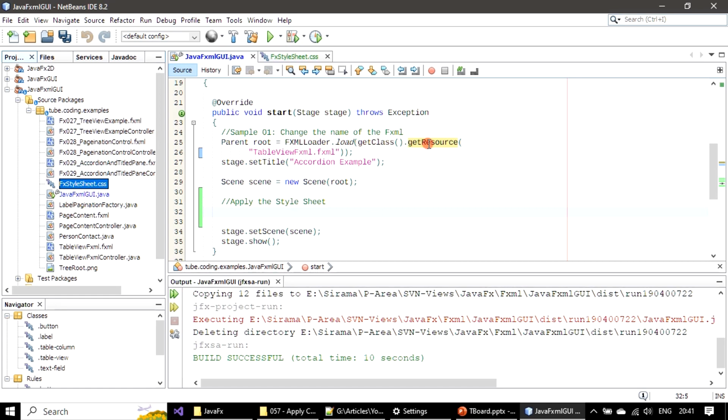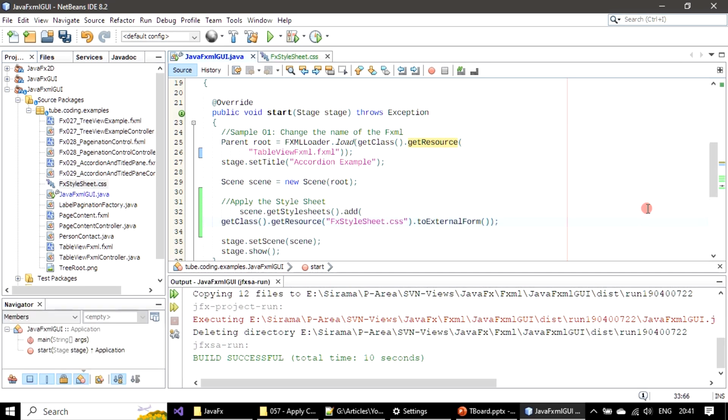So how we load the FXML, the same way we can load our style sheet as well. Scene was already created. Scene.getStyleSheets,